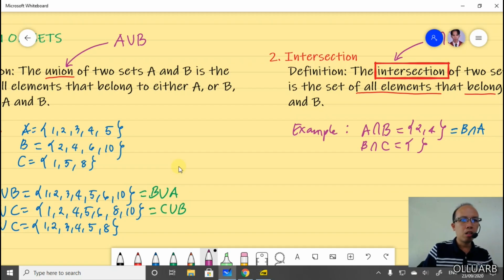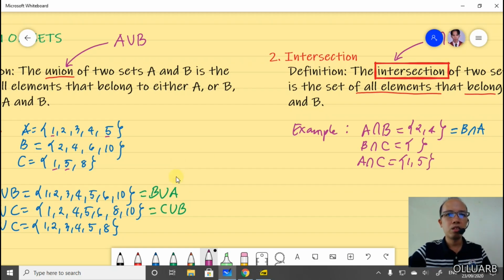How about A intersection C? Is there a common element? I think there is, which is 1 and 5, 8. Okay, so this is what we mean by intersection. And also let me remind you